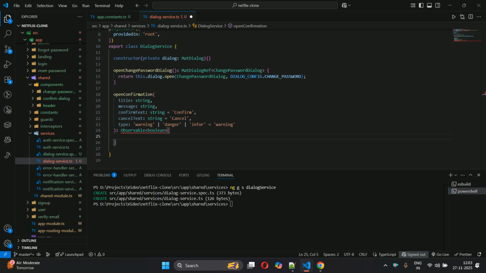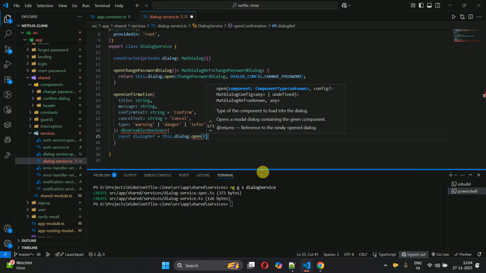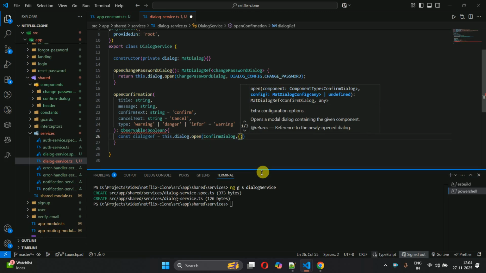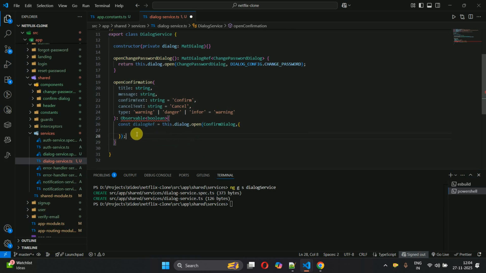Only this one, because we are not returning anything, so that's why it's showing the error. So we have to write const dialog reference, and this dot dialog dot open, and then confirm dialog, and the curly bracket. Inside this one, we also have to put some configurations, like dot dot dot and dialog confirm configurations, right? And we have a confirm one, so just need to pass that, and after a comma we